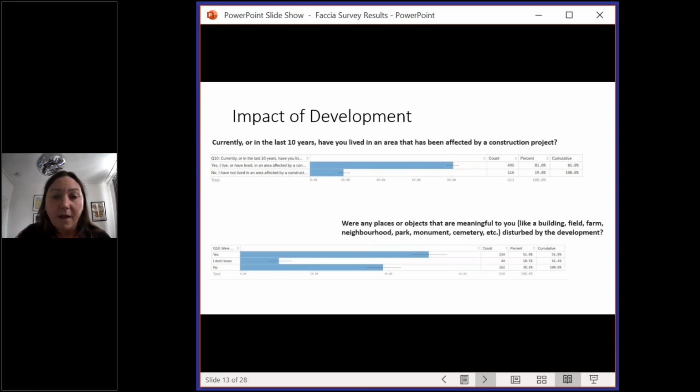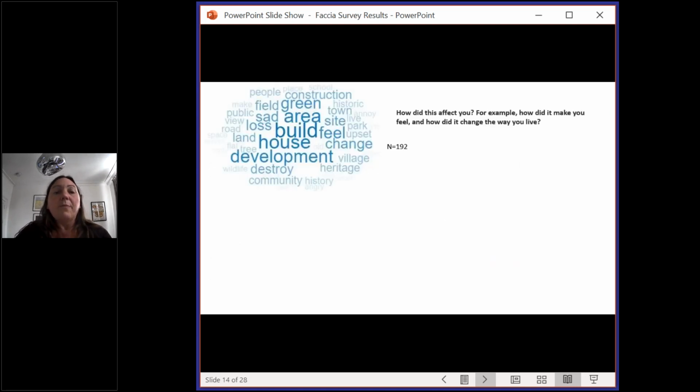And a large proportion said yes. 50% of people had something meaningful to them affected by the development process. And when we asked, how did this affect you? So how did it make you feel, or did it change the way you live? Here's a word cloud. We had 192 respondents, and this is the word cloud associated with their written